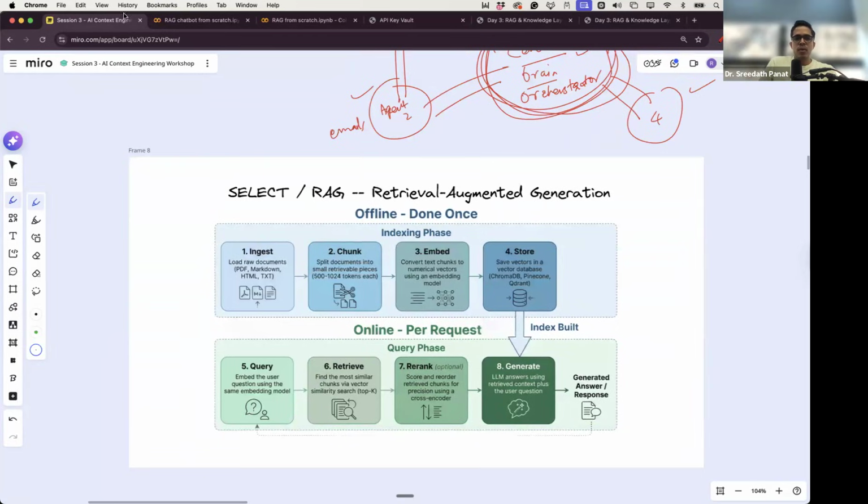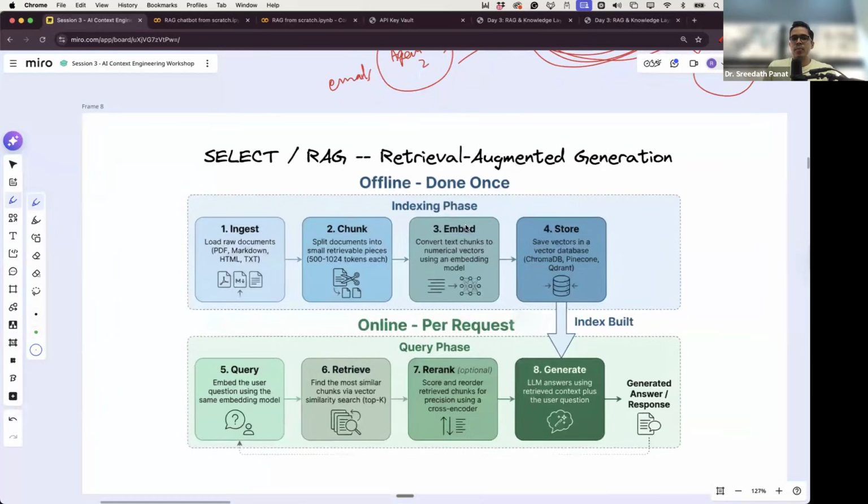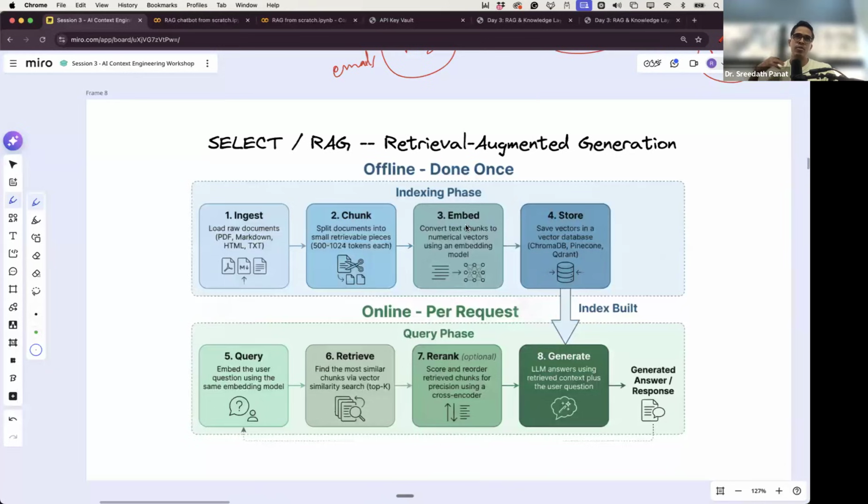Okay, now let's get into retrieval augmented generation. And this is a very, very interesting topic and maybe one of the most important topics that you have to know, irrespective of what industry you are working in. And I think if you master RAG, you will be able to solve a lot of issues